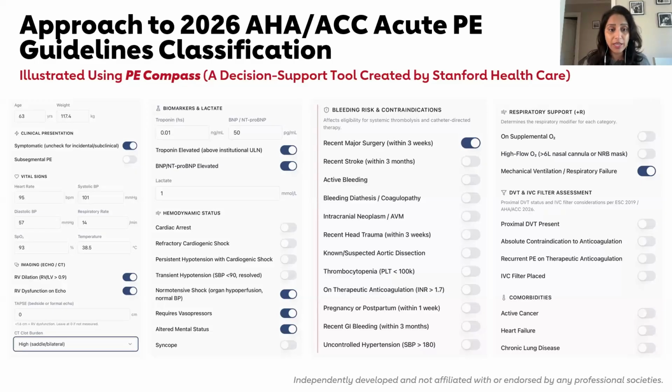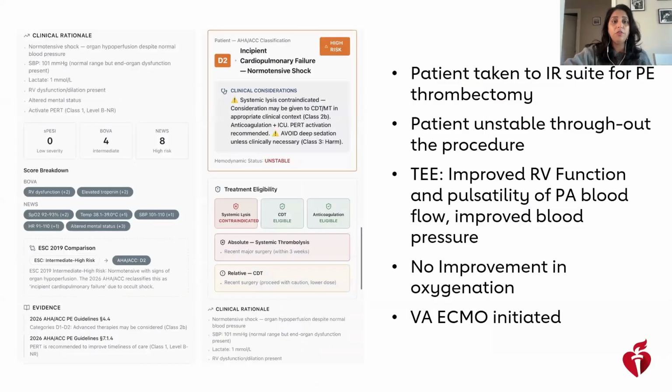And this is a normotensive patient. However, it appears to be normotensive shock, requiring vasopressors. He did have altered mental status. He had recent major surgery. Recent stroke, questionable because we never proved it on a CT, but perhaps we would have seen something on an MRI. And then he was requiring mechanical ventilation. We did not know of any proximal DVT, and as you can see, the rest of the categories on here, this is basically a toggle on and off, and it allows you to then move over to the next page